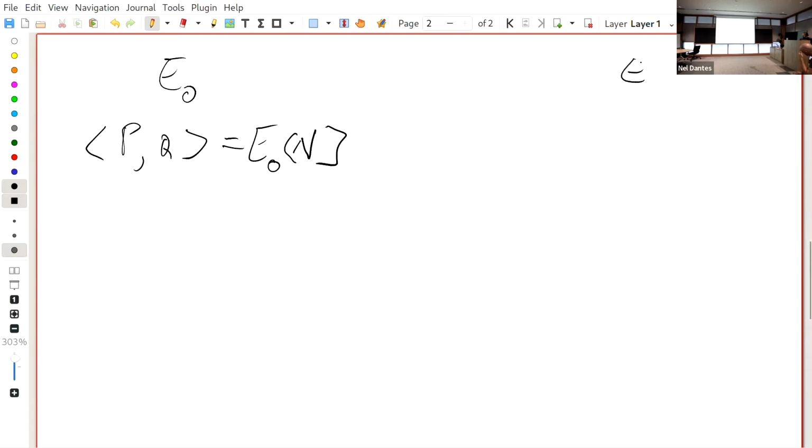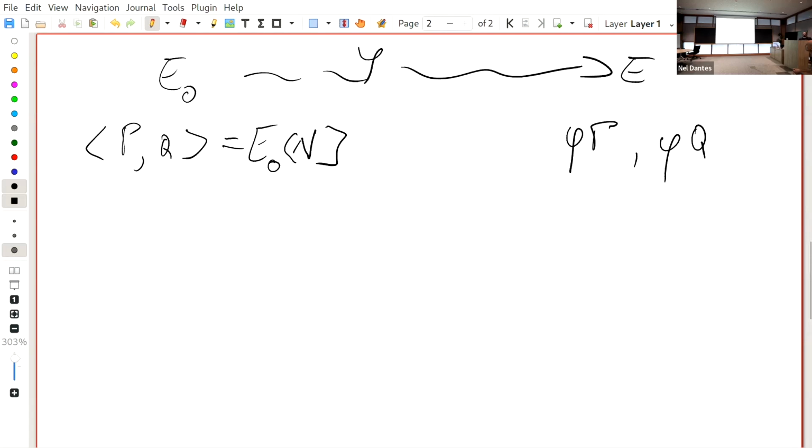And I will get E, I will get phi of P, phi of Q, and my question will be find phi. Okay. This is one problem that often happens in practice, and this is exactly the SIDH problem. I haven't explained to you why. To understand why this problem is the problem SIDH is based on, you must look at how the key exchange